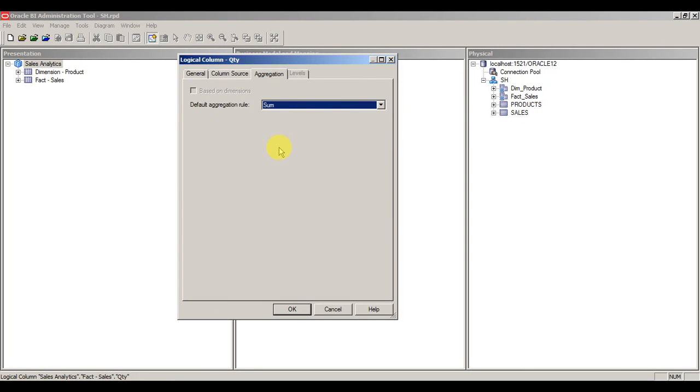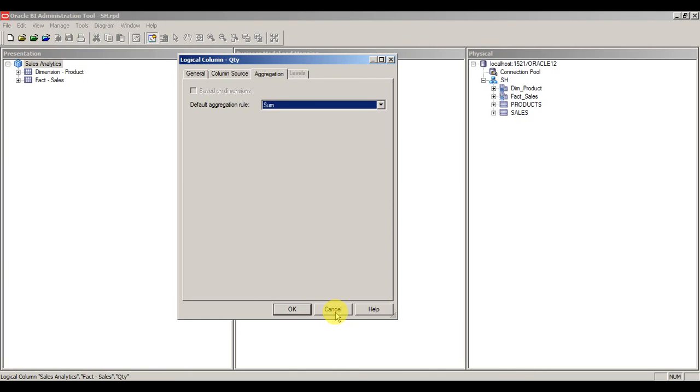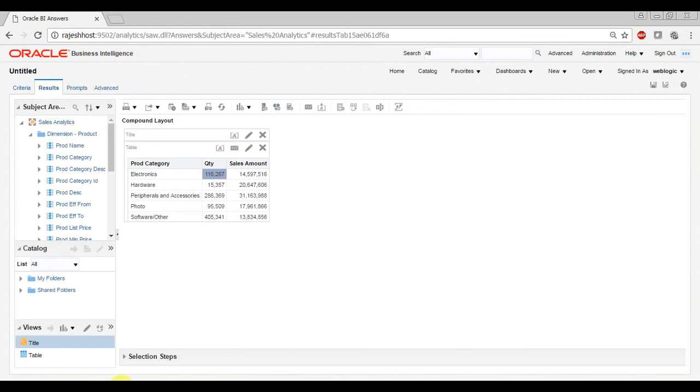Let's say instead of adding up all the quantities, you have a unit price where you need to see the average cost for each product, then we will use the average aggregation rule on top of the fact measure. Then you will see the average of the cost in the fact column if you set average as your measure aggregation rule.